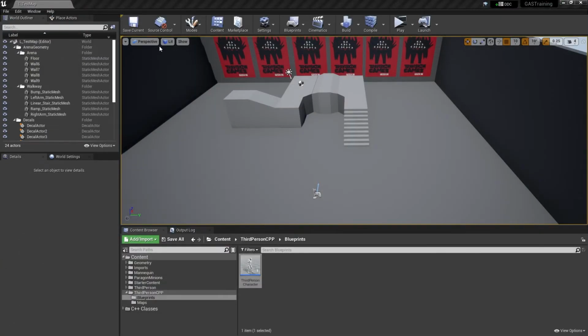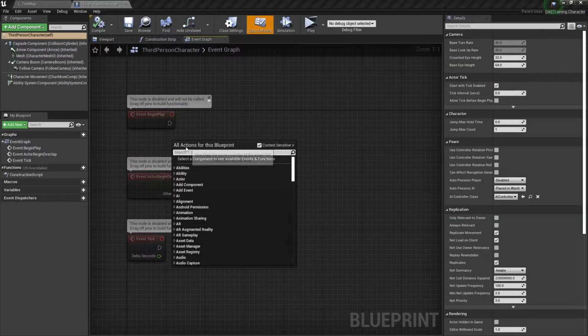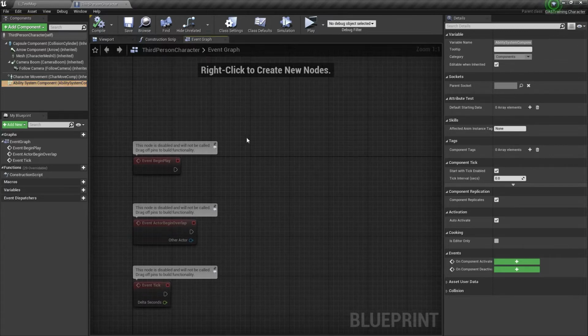And let's open the full blueprint editor, and on the begin play we can first check that we have our ability system component, and we can see all our values in here, the properties of the ability system component. If you want, maybe on the attribute test, you could add a default starting data. This is where I told you guys that you could create a data table where you could set up everything that we have done, for example the values for your attribute set and stuff. But yeah,